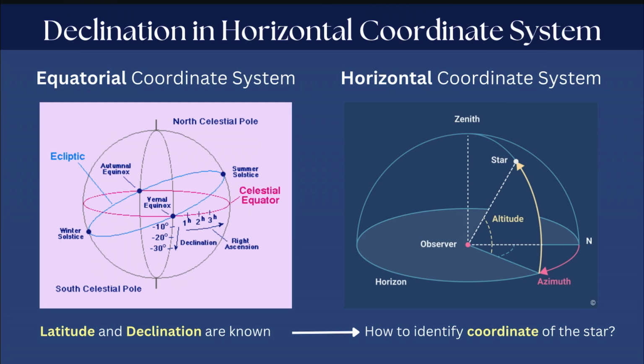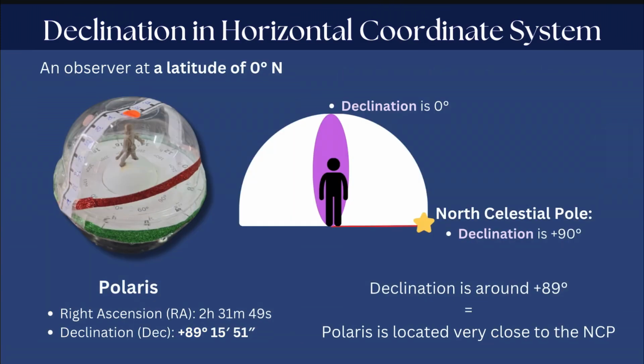And the question is, if we know the declination in the equatorial coordinate system, how do we identify the coordinates of the star in the horizontal coordinate system? As we know, in the equatorial coordinate system, the celestial equator is used as the reference